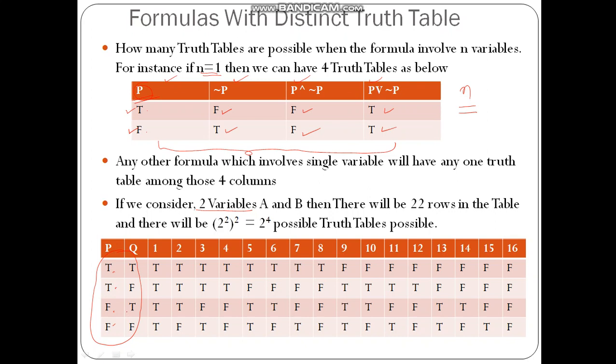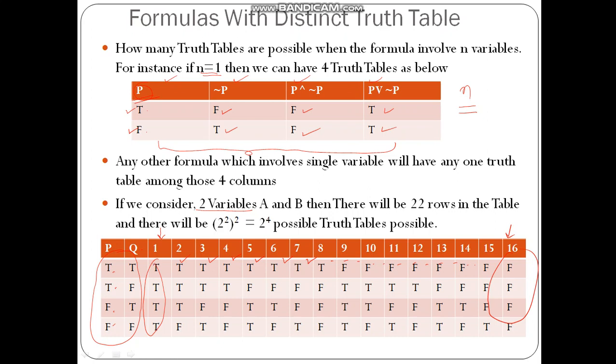Already we have discussed such type of problems with 2 variables. So now how many truth tables are possible, and how many possible outcomes of the truth table are there? Basically there can be 16 truth tables, starting from all the outputs being true, then all the outputs being false, and then all other possibilities. So true, true, true, false, then true, true, false, true, then true, true, false, false, then true, false, true, true, then true, false, true, false, then true, false, false, true. So these are the 16 possible truth tables for 2 variables.